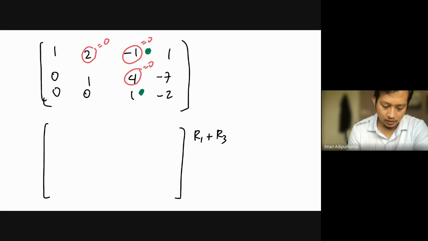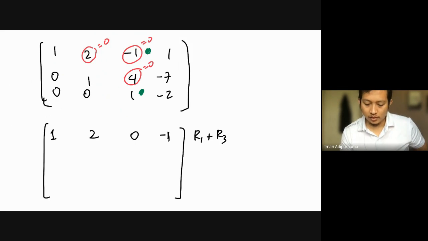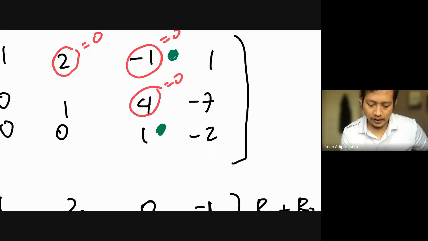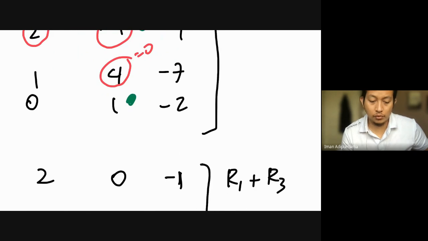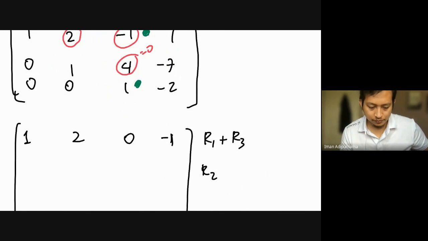So row 1 is 1 plus 0 is 0, 1, 2 plus 0 is 2. This will be 0, and this will be 1 plus negative 2 is negative 1. Okay, the second row, we can have some additions. If you look at this 4 and negative 1, we need to have at least negative 1 multiplied by 4. So R2